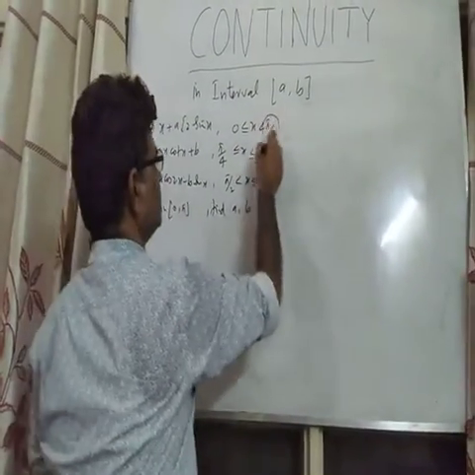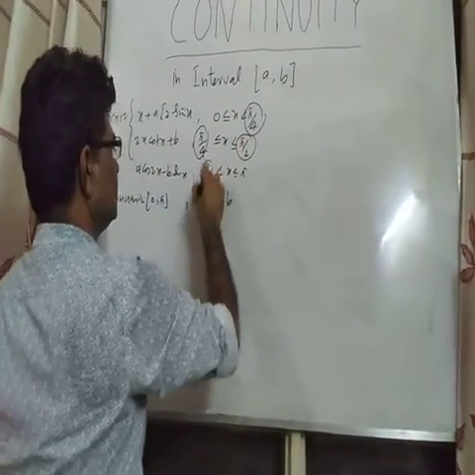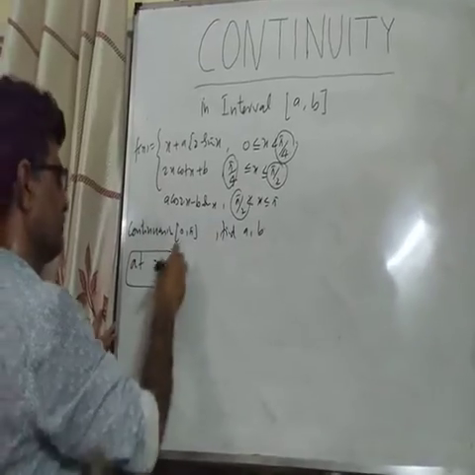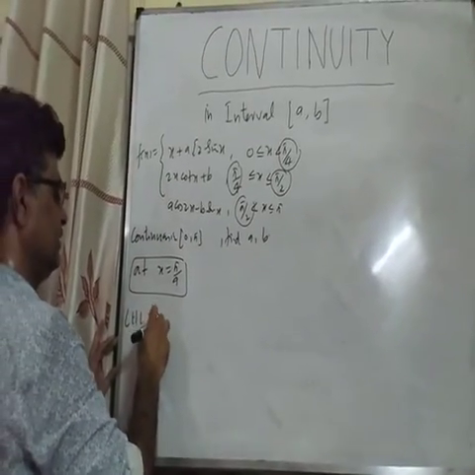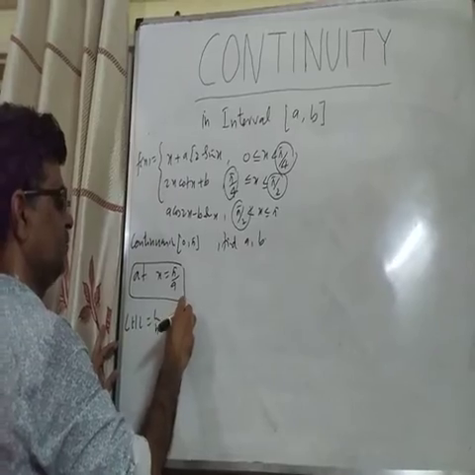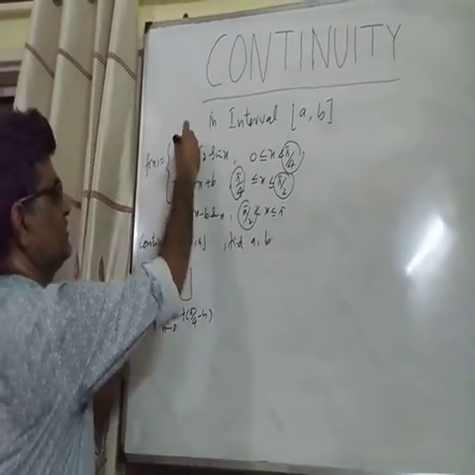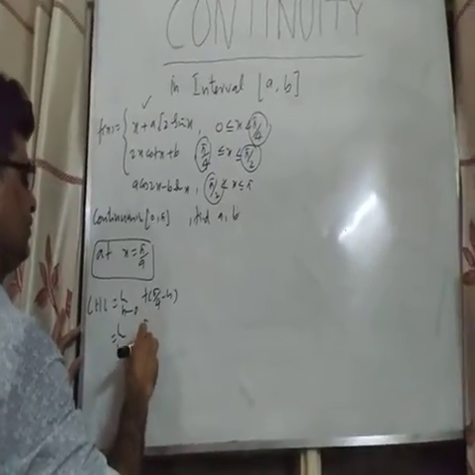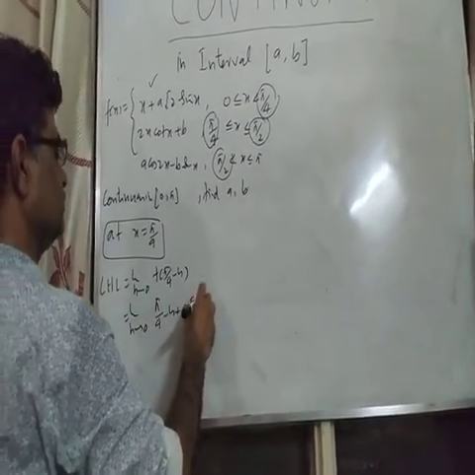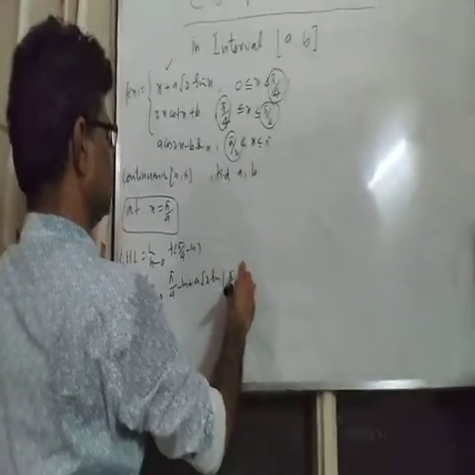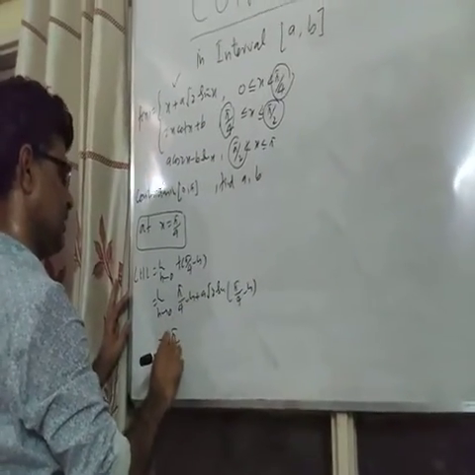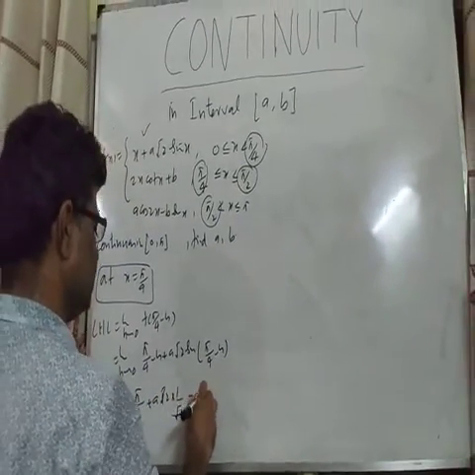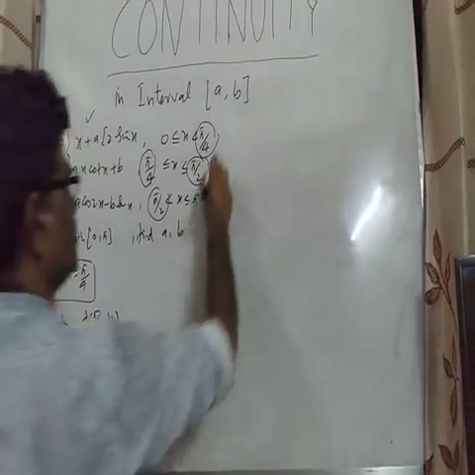It means we have to check at two points, pi by 4 and pi by 2. So again we are putting x equals to pi by 4. We are taking left hand limit, h tends to 0, f of pi by 4 minus h. So we are using this function. Limit h tends to 0, pi by 4 minus h plus a root 2 sine pi by 4 minus h. Putting h equals 0, pi by 4 plus a root 2 into 1 upon root 2. So this is equal to a plus pi by 4.